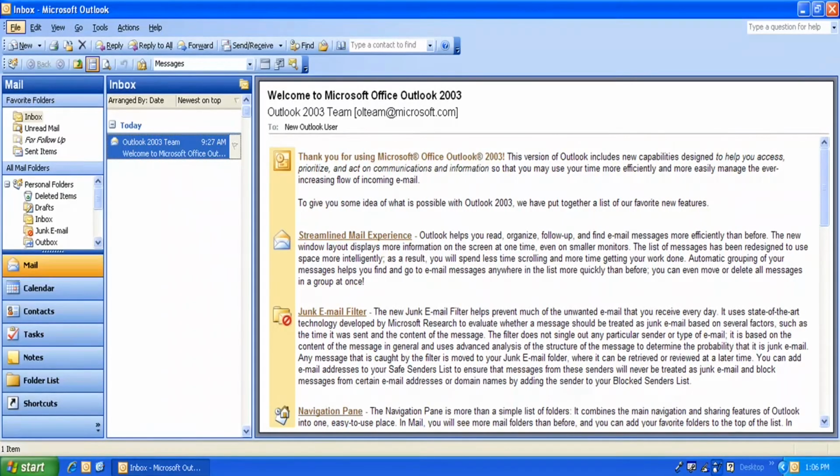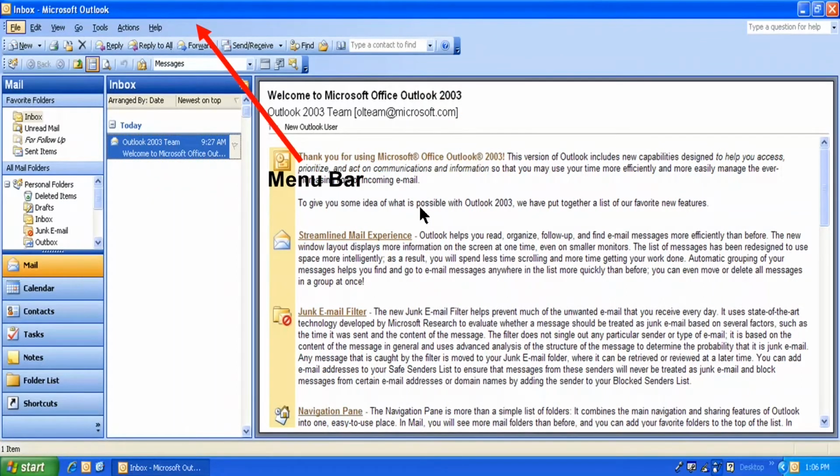This is your Microsoft Outlook interface which is initially shown when you start Microsoft Outlook for the first time. Let us see the various parts of Microsoft Outlook. The first top line is generally known as the title bar, we all know, and it shows the software name, and initially it shows Inbox. So, inbox is there.